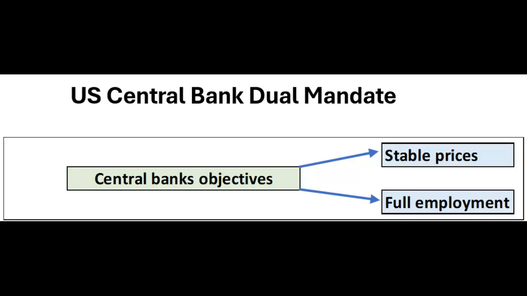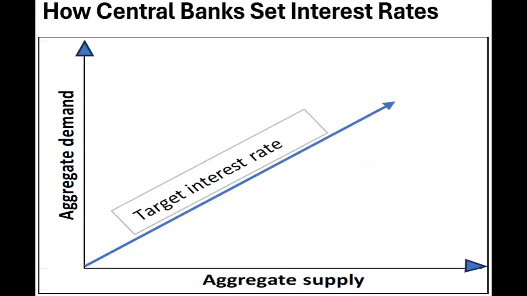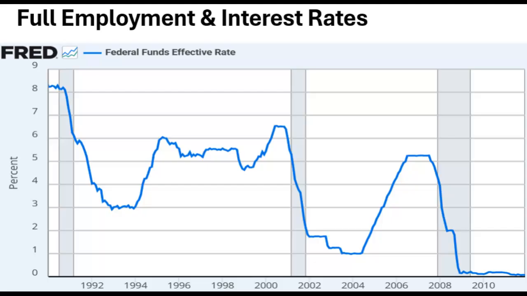In 1973, the U.S. Central Bank adopted a dual mandate to maintain stable prices and full employment. While other central banks may not have this dual mandate, they certainly aim to keep inflation at bay and the economy at full employment. To achieve stable prices, central banks set interest rates at the intersection of aggregate supply and aggregate demand. The intersection of aggregate supply and aggregate demand sets interest rates at equilibrium because all that is produced is consumed. Therefore, all money earned is spent.